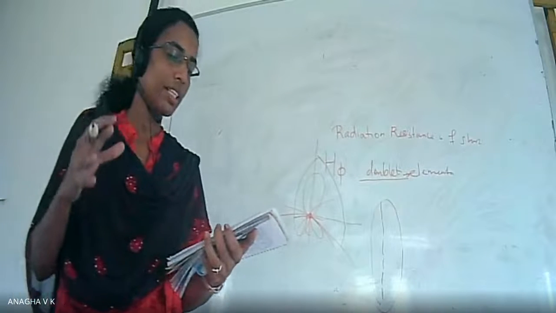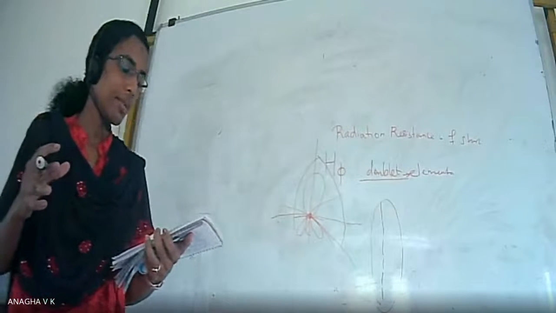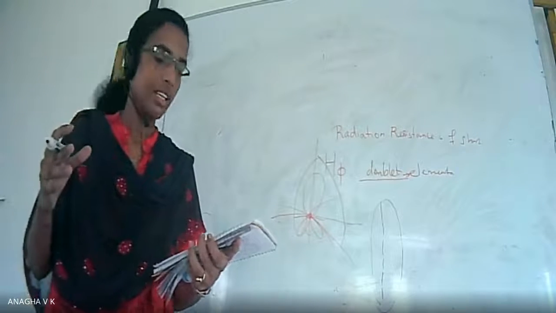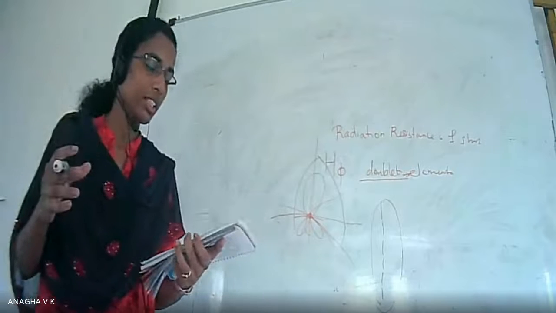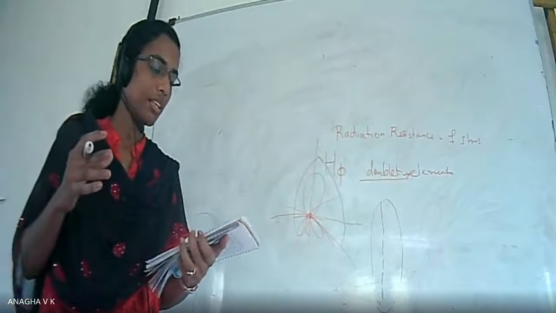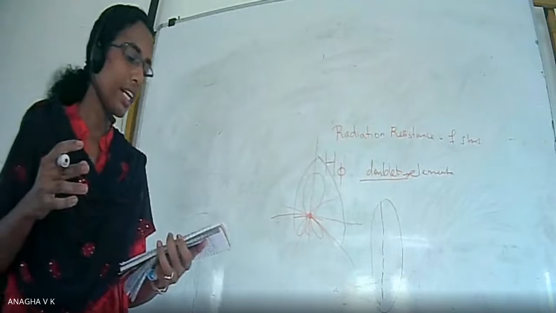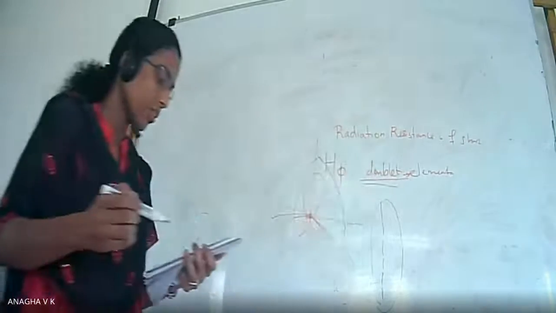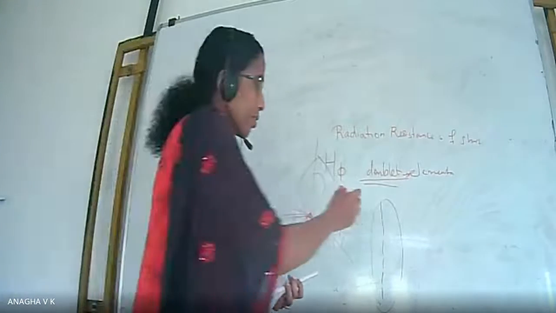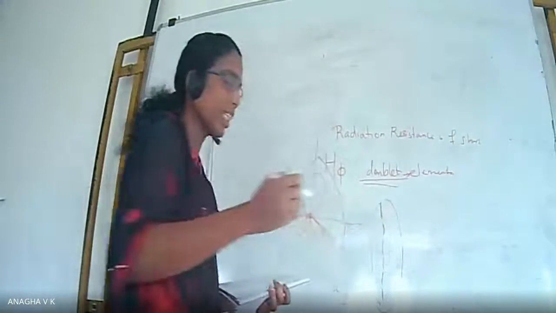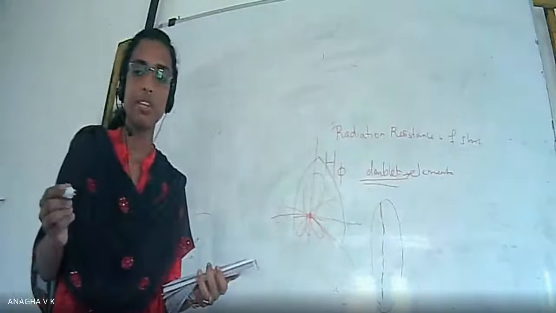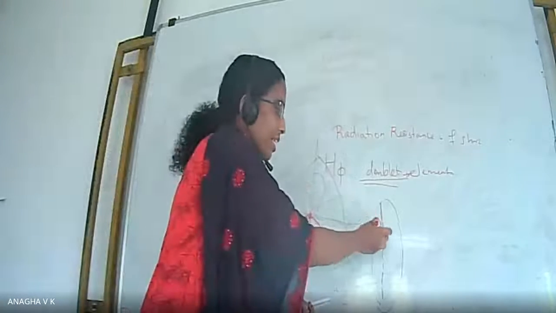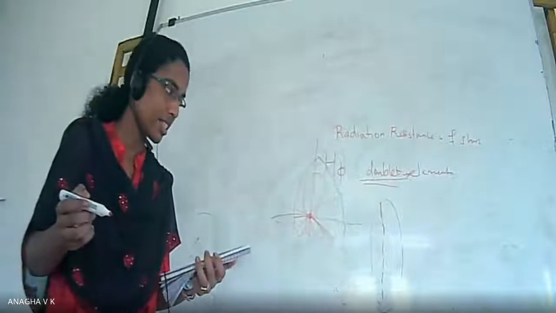So certain basic things you need to study. First basic thing is the elementary dipole, or the unit. Elementary means the basic dipole. It is also called a doublet, okay, a doublet. So we can build the actual antenna. The actual antenna is usually built by a summation of such doublets in series.